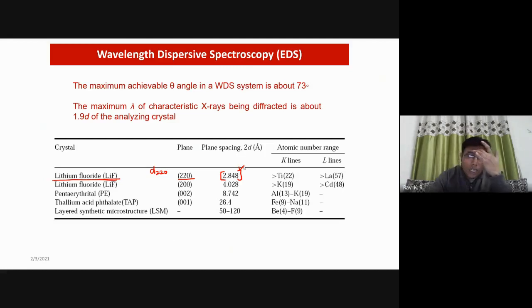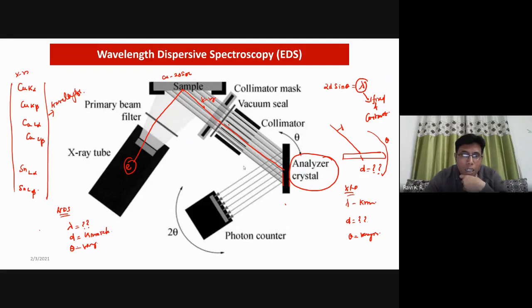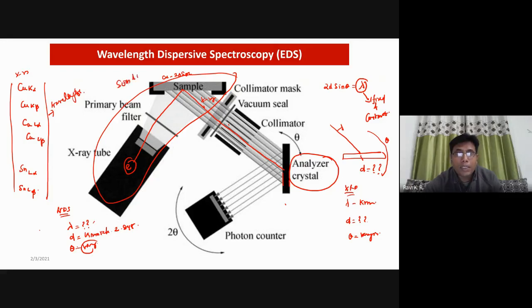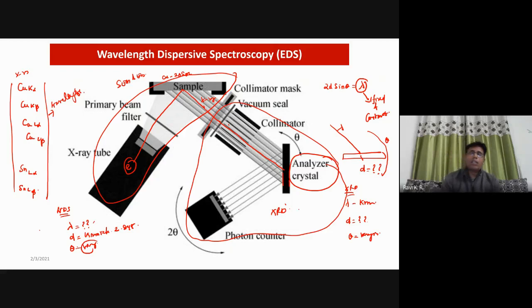If we do that, then what happens is, if I fix this value, 2.848, we know that based on varying this condition, you should automatically start seeing Bragg diffraction happen. This is the basic principle. Up to this part, it's like SEM and EDS. This part is more like XRD. That is the difference.